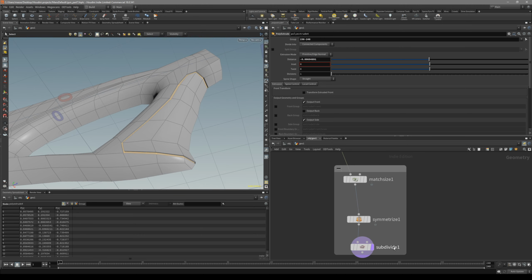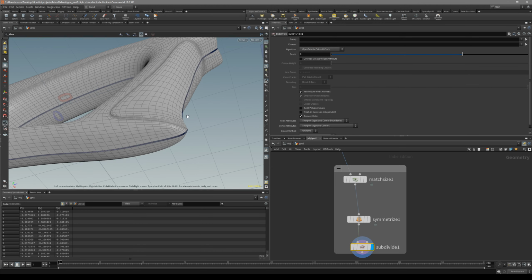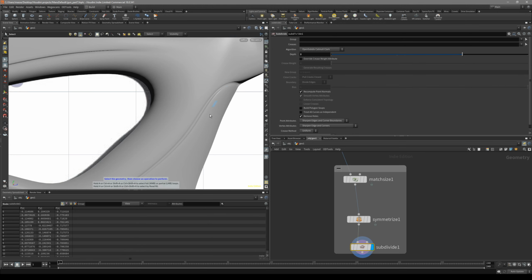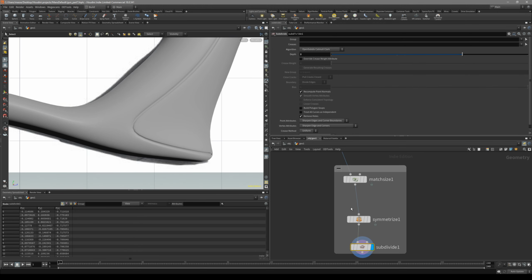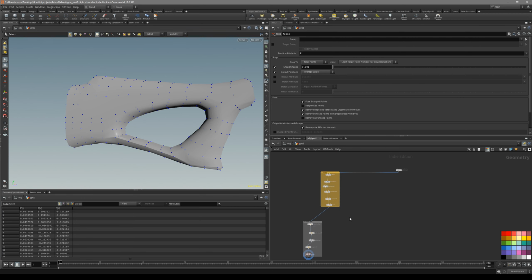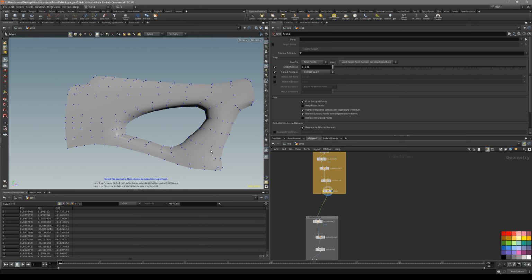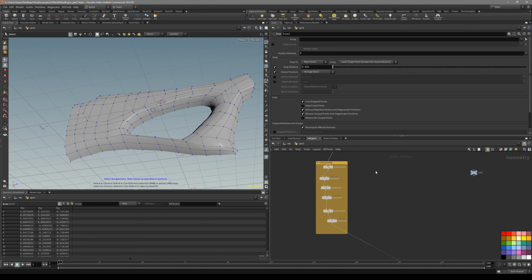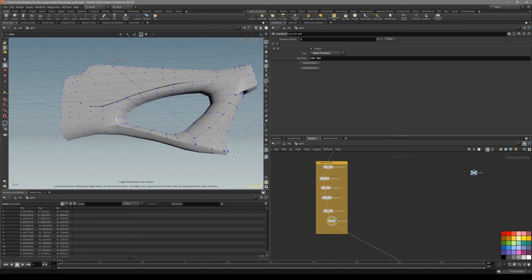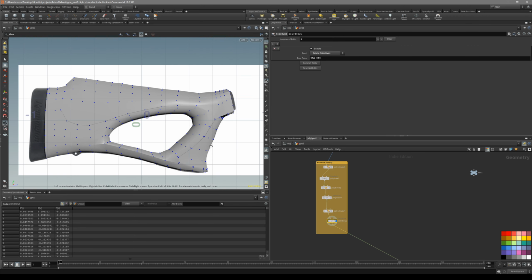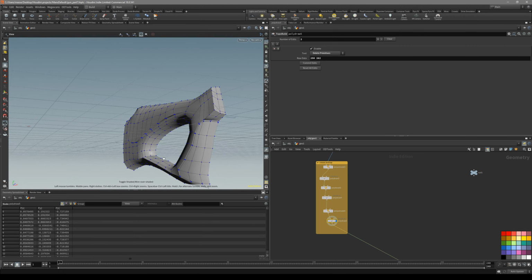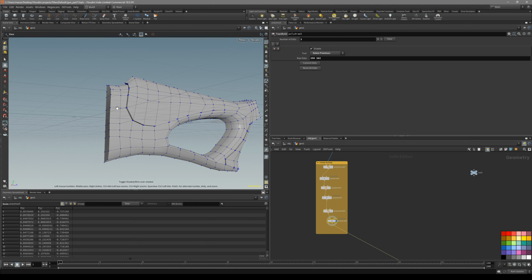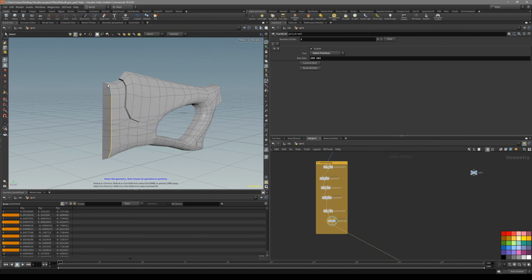If you take a look at our subdivision, how it can look, see we're now getting very nice looking crease. So I did a little bit of a cleanup of our network. I just put them inside the logical boxes. So this is going to be our first bevel pass, the second one, and then all the creasing and extrudes, like that. So one last thing we can do before we mirror it is to create actually creases for both